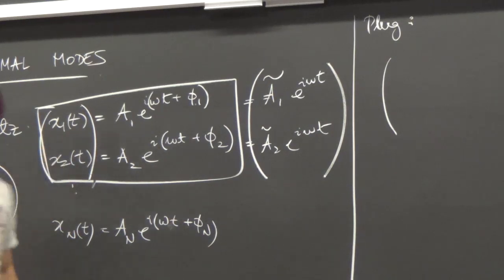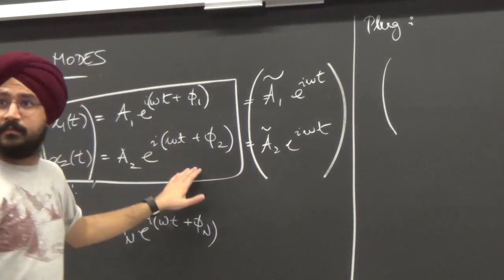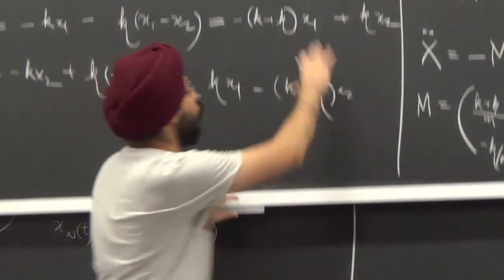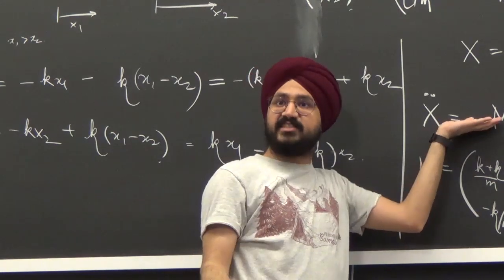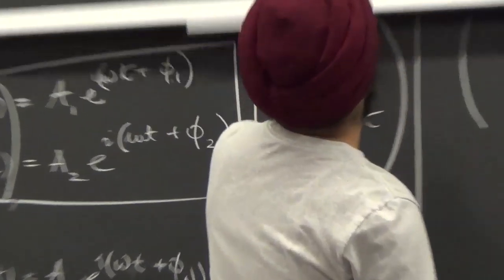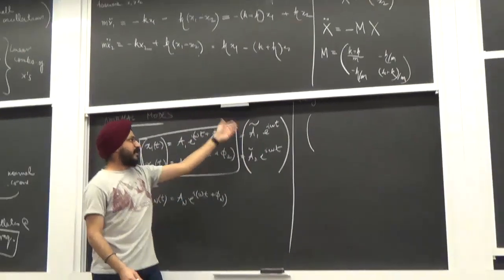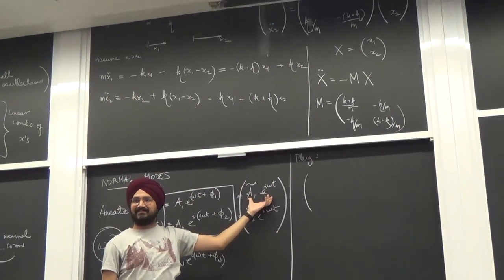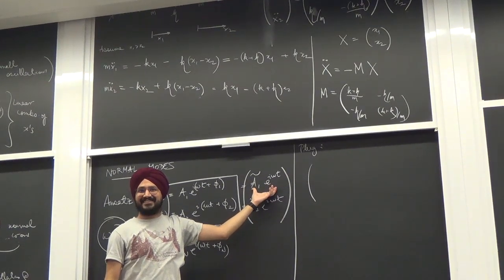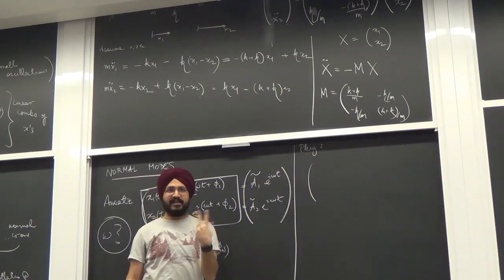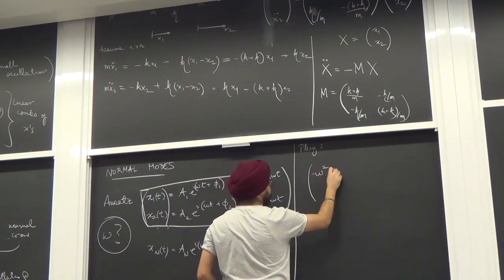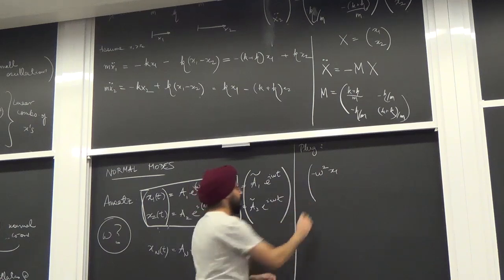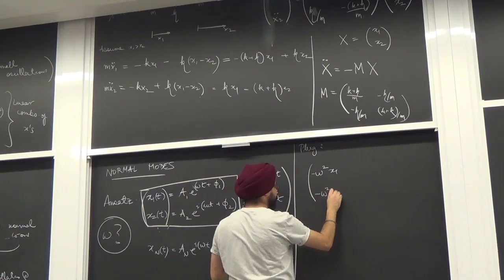Yes, question? Sorry, we're plugging the ansatz back into x double dot. Into the whole equation, this whole thing, yeah. Because this is my differential equation, I want to find omega to satisfy this differential equation. Good. All right, so what's x1 double dot on the left hand side from my ansatz? Omega squared or minus omega squared? Minus omega squared. i omega, pulled down twice, is minus omega squared. This is minus omega squared times the same thing again, so it's x1. Same for x2, minus omega squared x2.